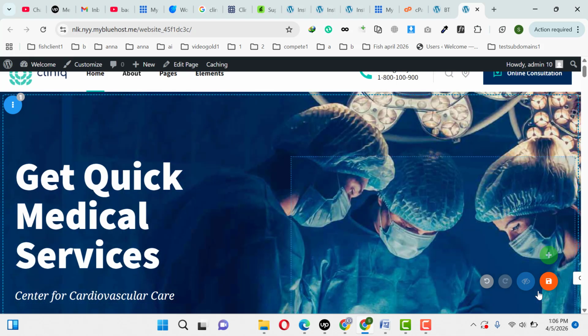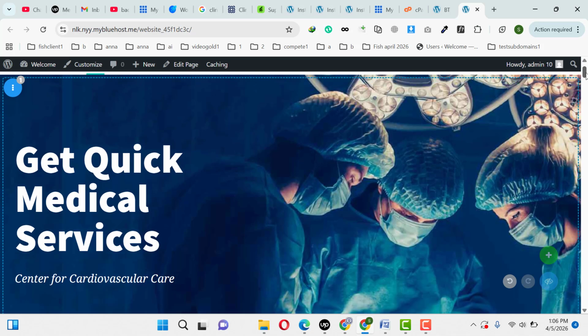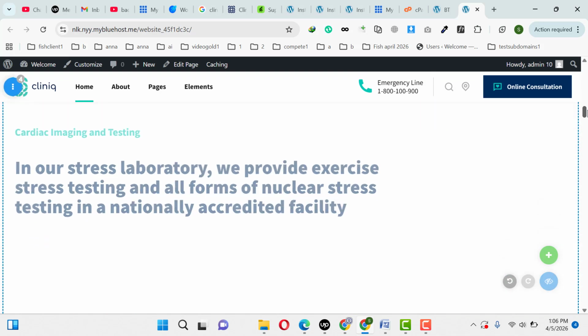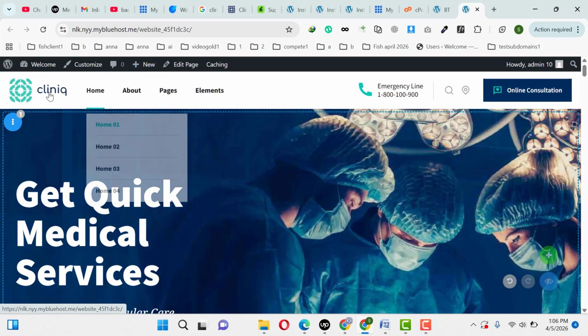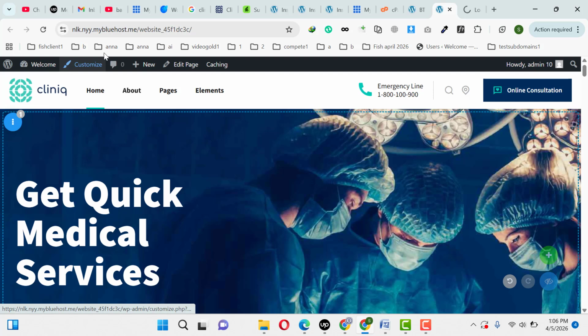After that, here you can see these are different buttons. Click save changes. So that's fine. Here you can check all of the pages. Now if you want to change this logo, then you can simply go to this one, theme customizer,